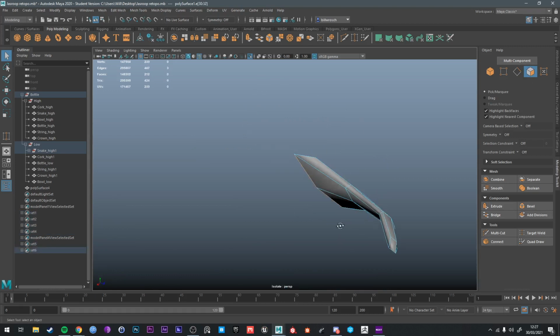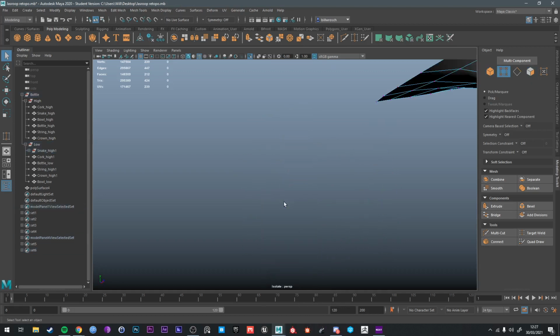I could have just made new teeth. I don't know why I'm deleting the existing geometry on them, but